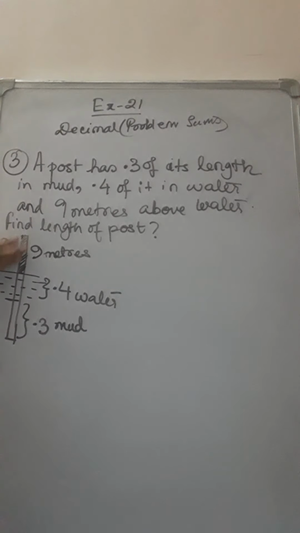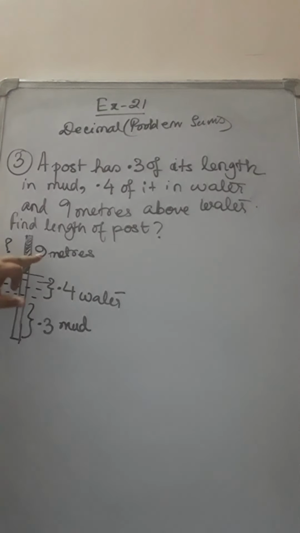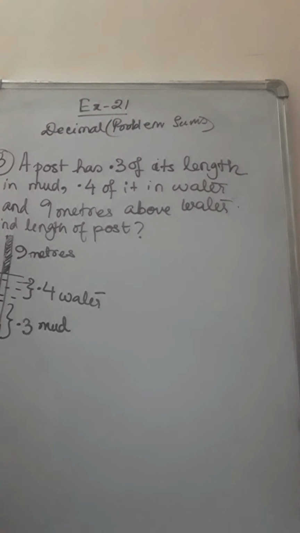This is the entire post. Here what is given? The fraction of the post which is inside mud, and here the fraction inside water. And here the measurement is given but not the fraction which is lying outside mud and water. So first we will find what is the fraction of the stick which is outside mud and water. For this we will start with,